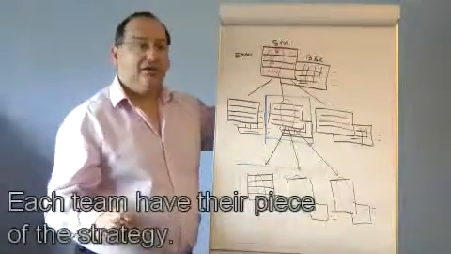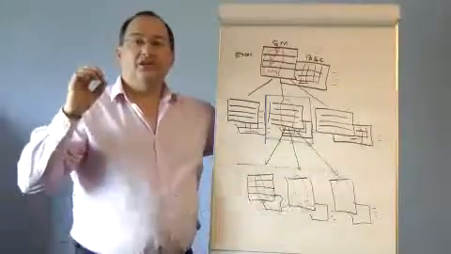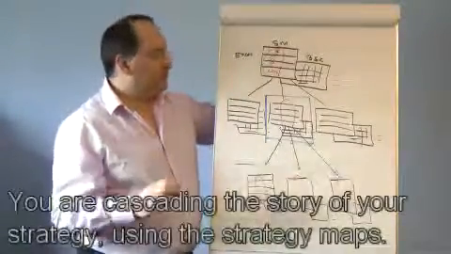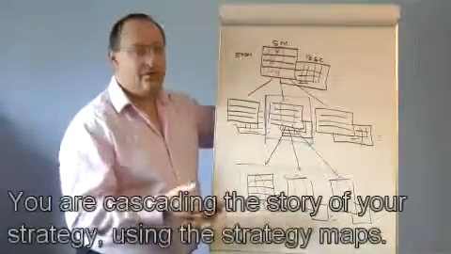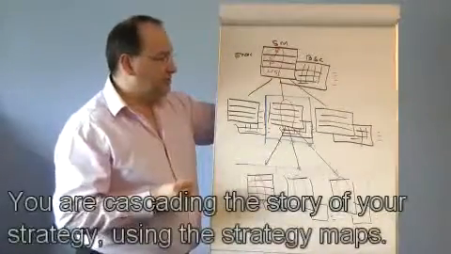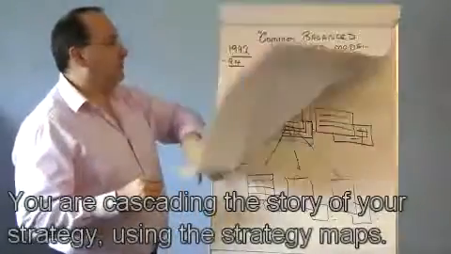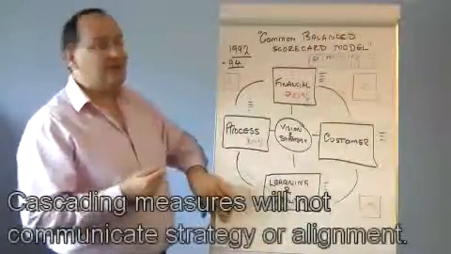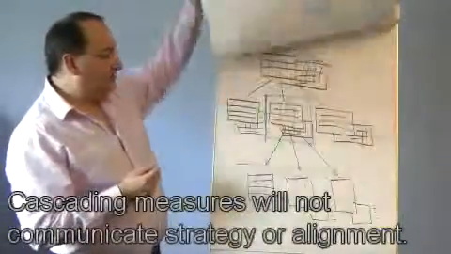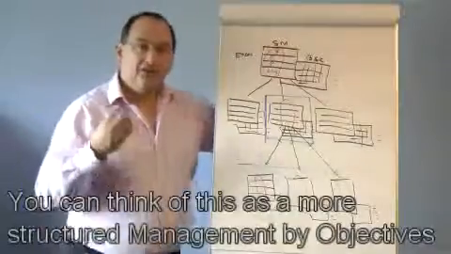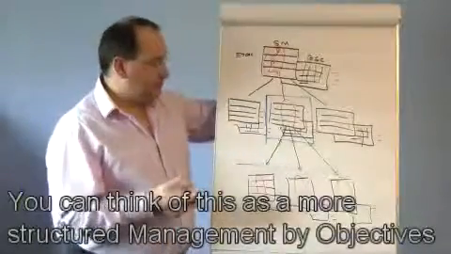So what we're doing now with strategy maps and the cascade of the objectives in the strategy map is cascading the story of the strategy through the organisation, and then you can start to pull the measures up. This is significantly different to what you might do if you believe that it's about cascading measures. This has much more to do with management by objectives, but it's a more structured approach to management